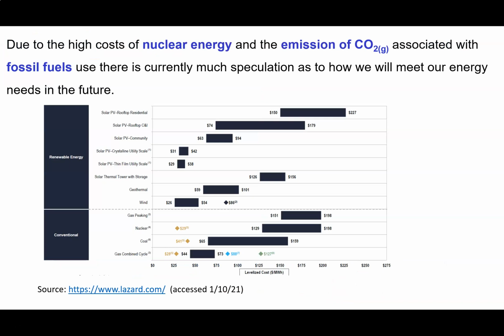The other reason why people are moving away from non-renewable energy sources is just due to costs. So if we look at some of the costs of things like nuclear energy or some of the fossil fuels, they're actually quite pricey. This is data from the 10th of January of 2021. So if we compare something to a nuclear price per megawatt hour, it's what it's called, and we compare that